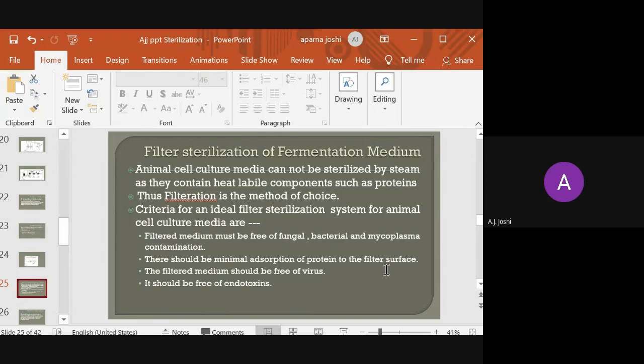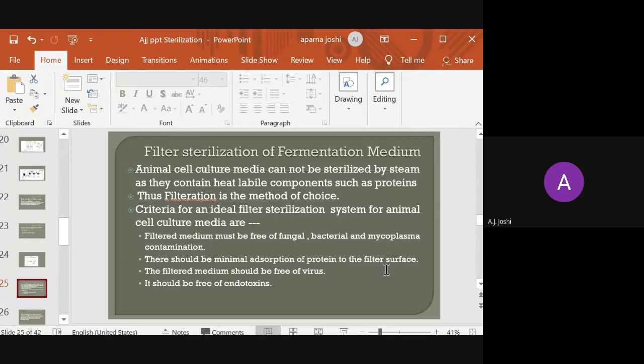Why is it essential? Otherwise the media quality will be affected. For example, if we have added 1 to 5% of protein content in that animal cell culture media, and if 10 to 20% of the protein content is getting adsorbed on the filter, obviously the net protein content of that particular fermentation media after filtration will be reduced remarkably, and ultimately it will affect the growth of those animal cells. जी कुठली सेल लाईन आपण ऍड करतोय ना त्याच्या ग्रोथवर इफेक्ट होईल.